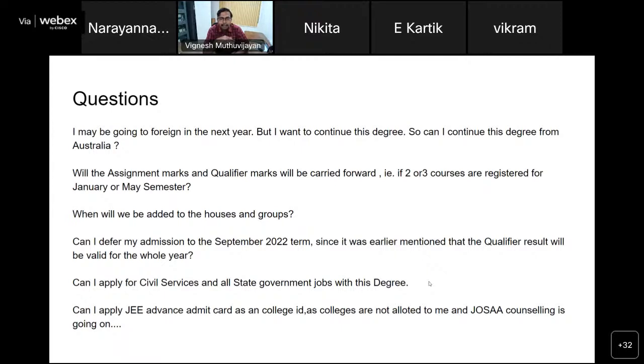A BTech from IIT Madras and the BS or BSc from IIT Madras are all treated as degrees from IIT Madras. So any job which would accept a BSc or a BS in programming and data science or data science and applications should accept this program as well.